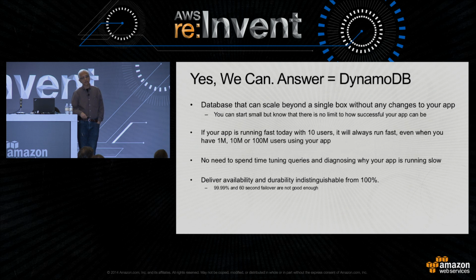So in the case of Aurora, if you don't want to shard, and sharding is not transparent to the application, you can go up to R3 8XL, which is the largest instance we can give you. And on that one, you can do 100,000 writes and 500,000 reads. Certainly, you can scale reads using read replicas, but writes without sharding, you have no choice. We have customers who do way more than 100,000 writes a second. There are applications that need that. We have one customer that does close to 1 million writes a second. That's the kind of database they need.